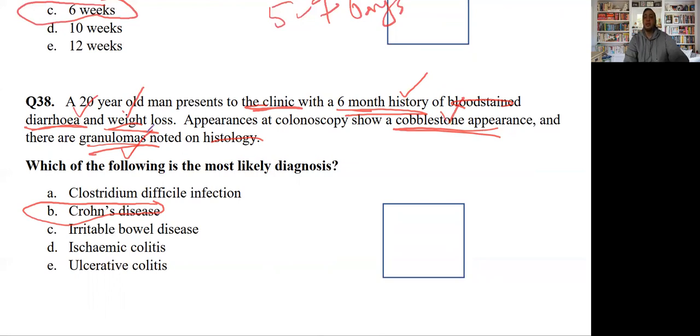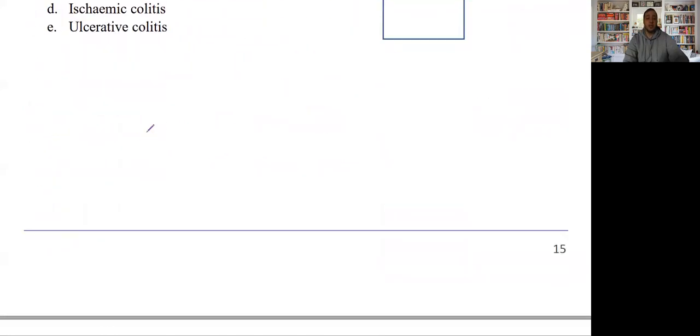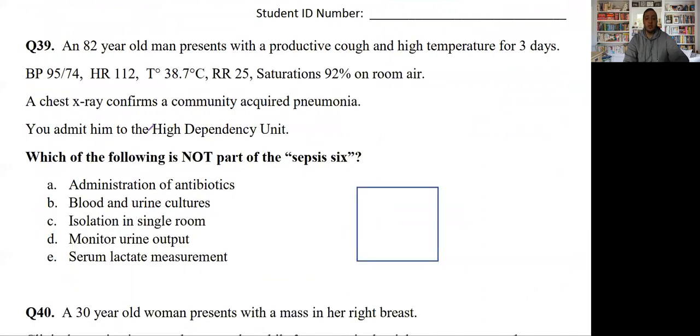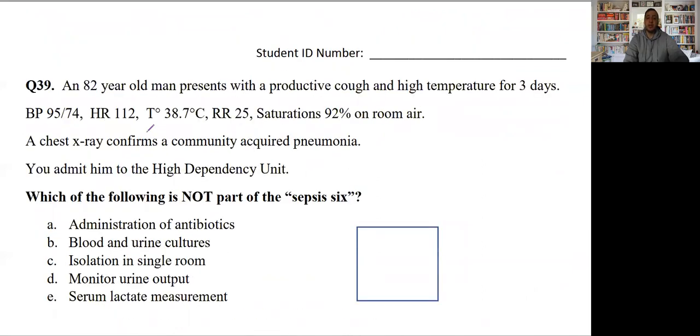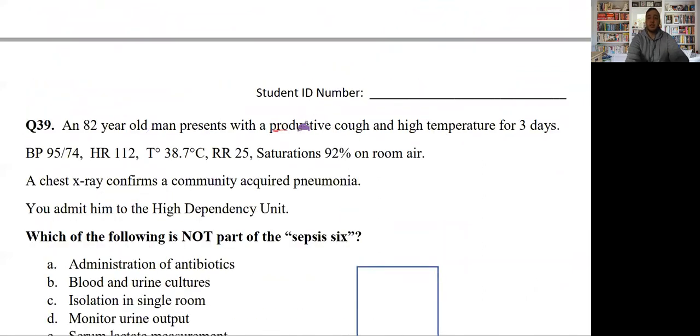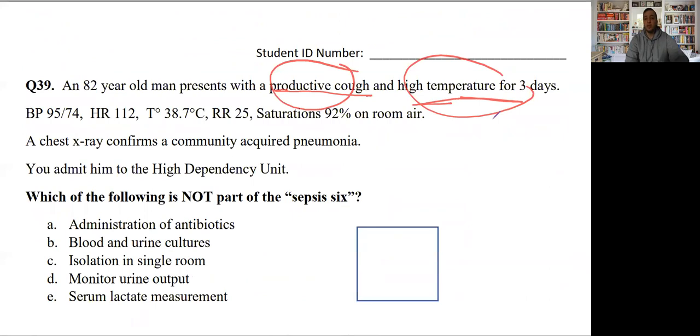All of these are keywords for Crohn's disease. So question 39, an 82-year-old man presents with a productive cough and high temperature. So here we have productive cough, chief complaint, associated with high temperature for 3 days, acute onset of productive cough